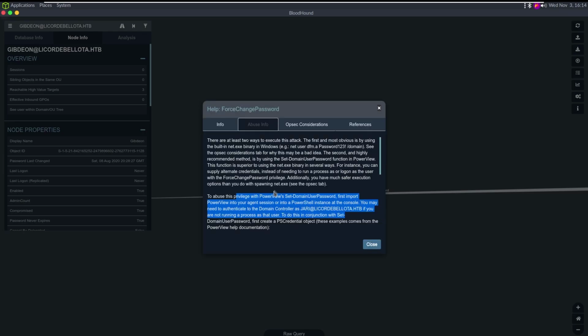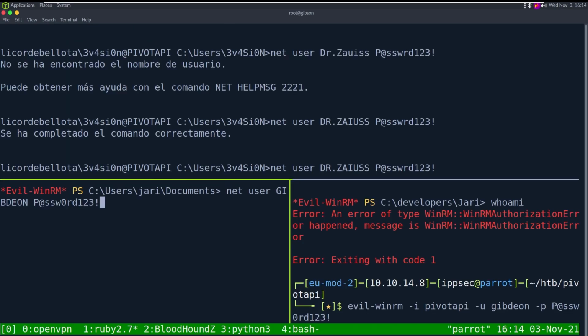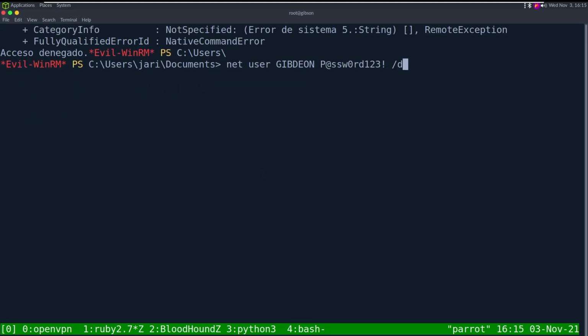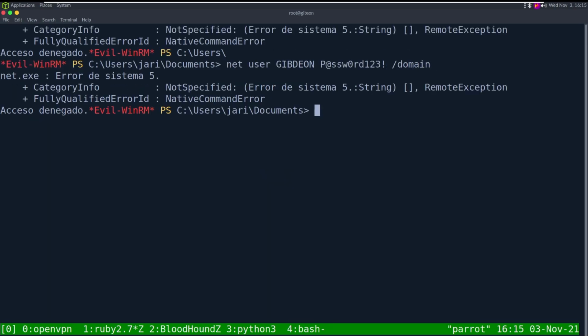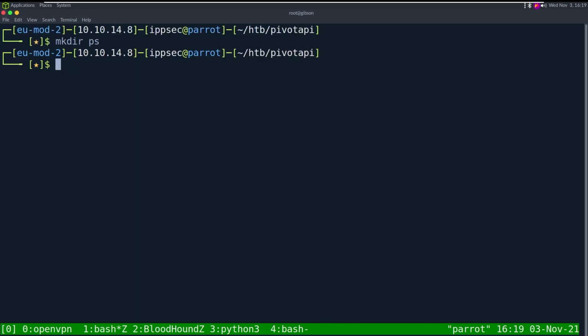I wonder if the net user command just doesn't work for this. Let's see, /domain. I didn't do it before, so I don't think it's needed. So I'm going to try to use PowerView to change this password. I think to do this, I need to copy PowerView to a directory. So I'm going to copy it to PS. So cp opt PowerView, and let's see, opt